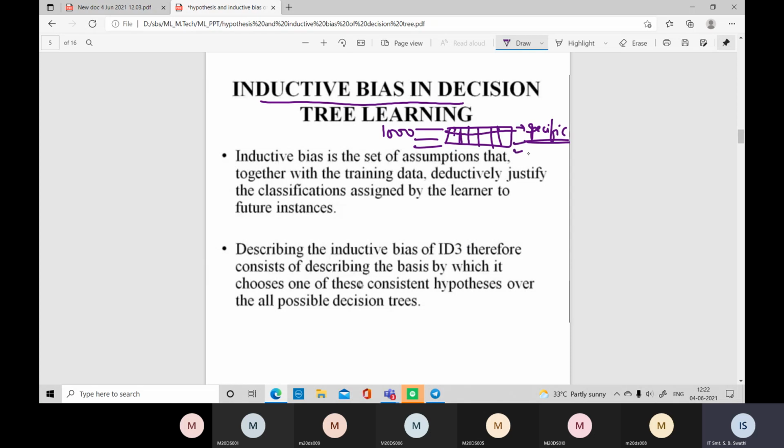Based upon the hypothesis which is generated for each and every specific instance, we will combine them. And once we finalize our appropriate decision tree, that is, which feature should be the root node, which feature should be the leaf node, based upon the entropy value and the information gain, then at that moment we will calculate the hypothesis space.